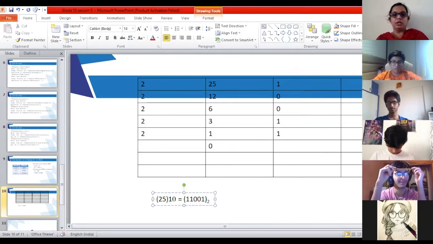This is how we convert a decimal number into a binary number.